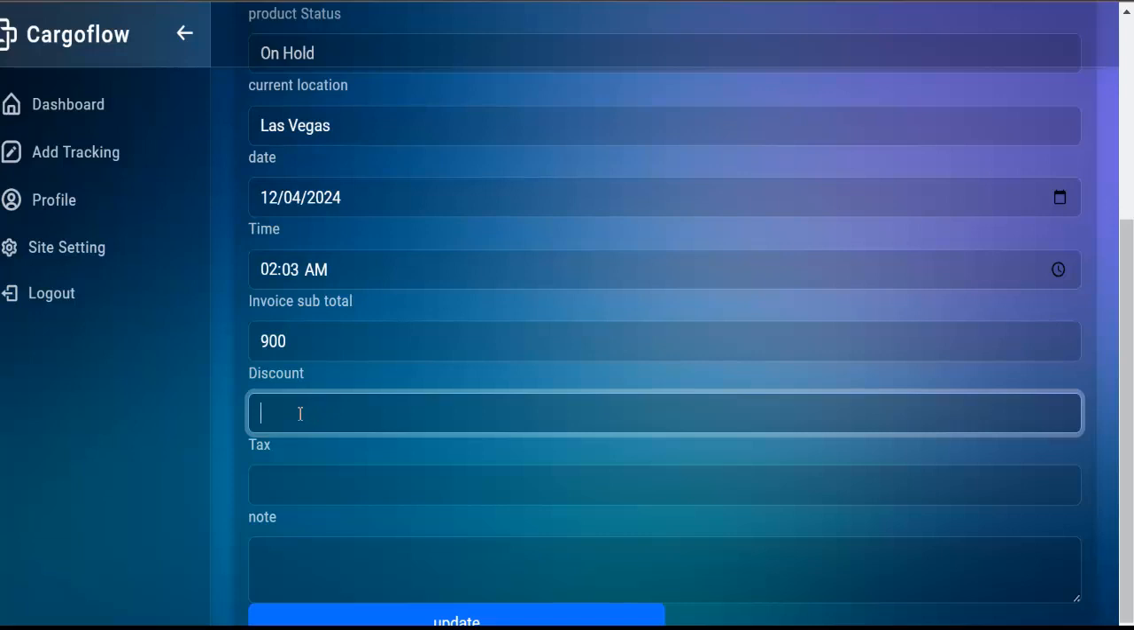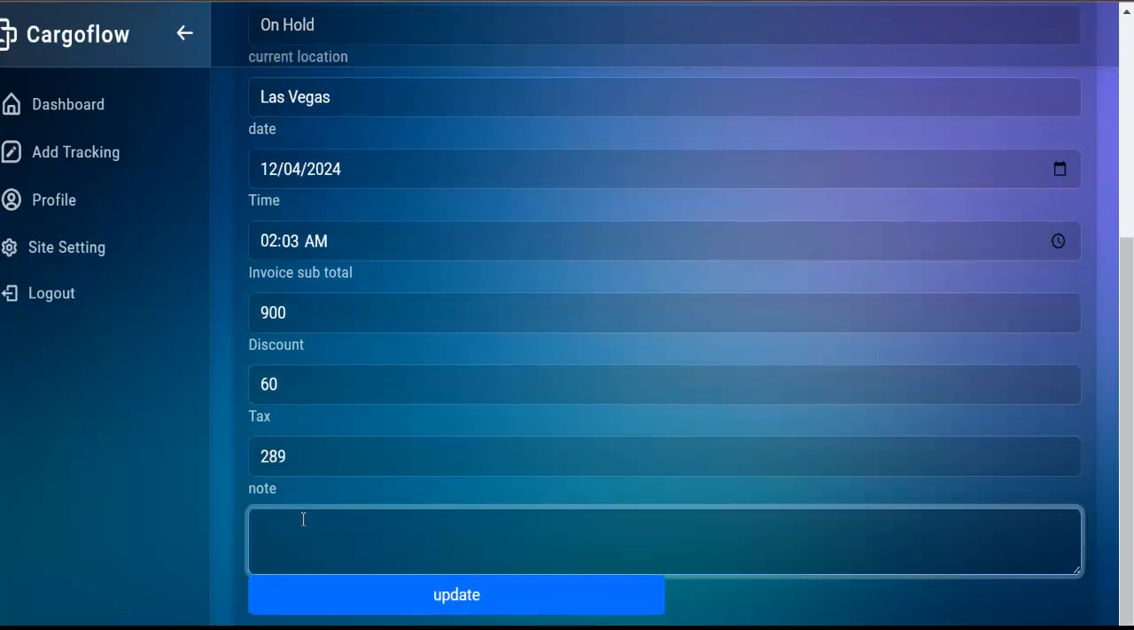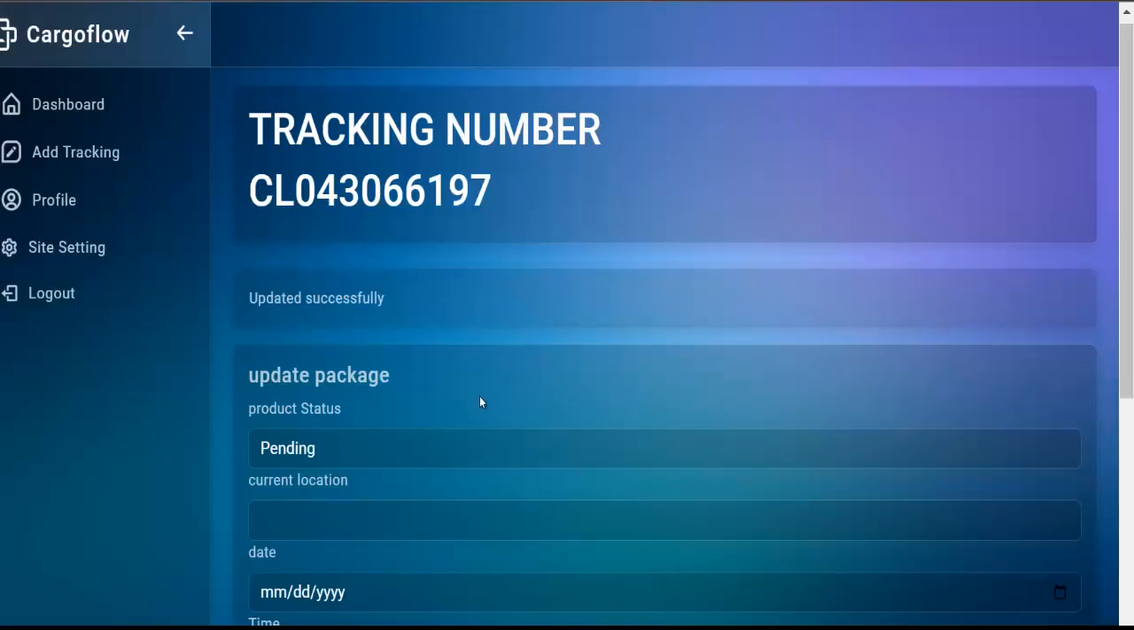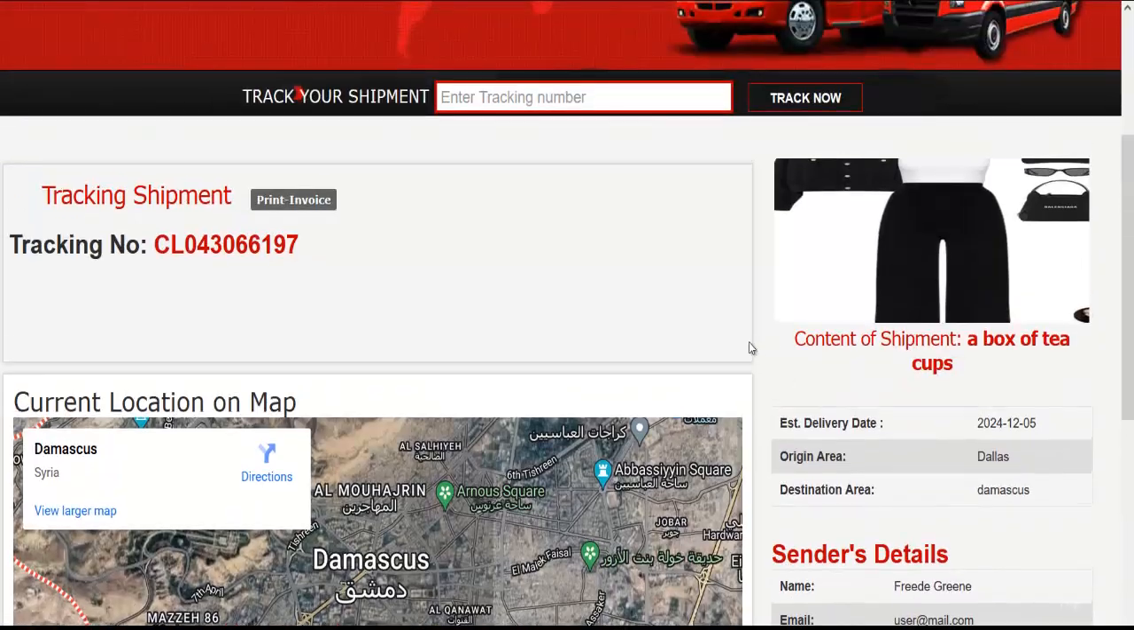Okay, so now let's say giving them a discount of 60. Tax is, okay, let's say tax is that. And note, what is the note that you're coming with? We're going to say okay. Okay, this is perfect. And I'm going to click on update. Perfect. Now we're going to go back and we're going to check exactly what we're going to